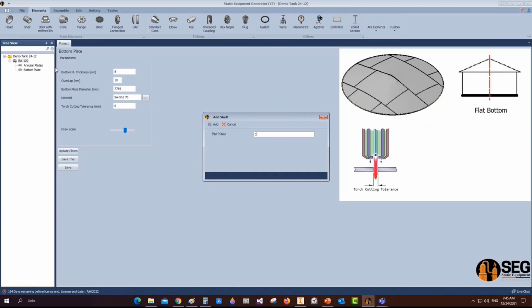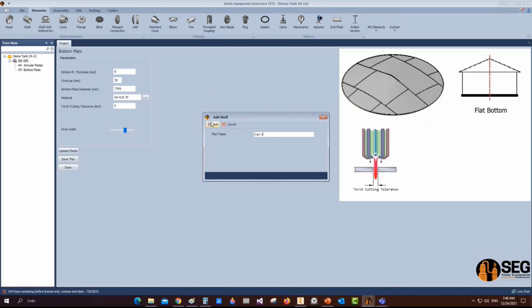Instead of overlapping the plate, 50 mm steepener plates will be there. Yes, you will make the overlap value 0, so the edge will be to the front of the other edge. Okay, we will add shell course